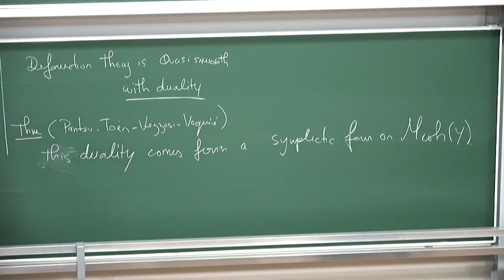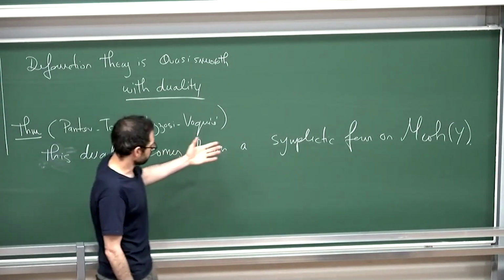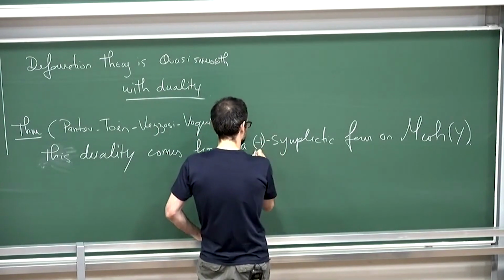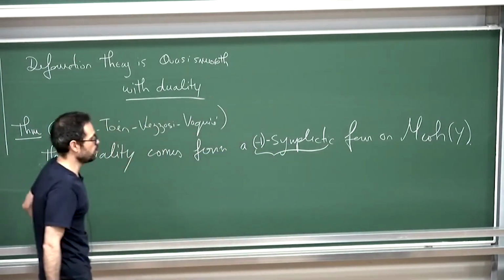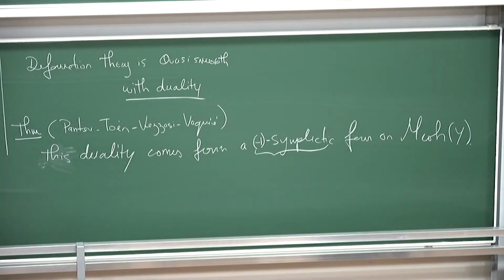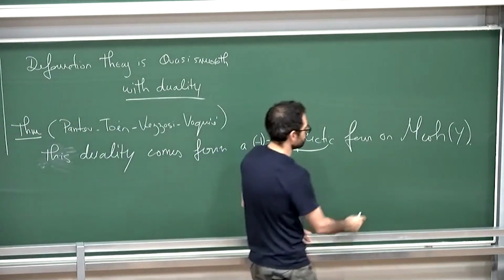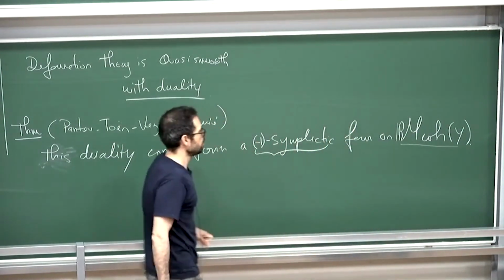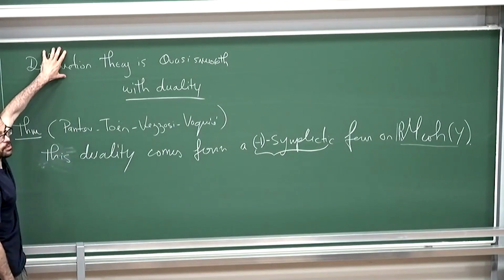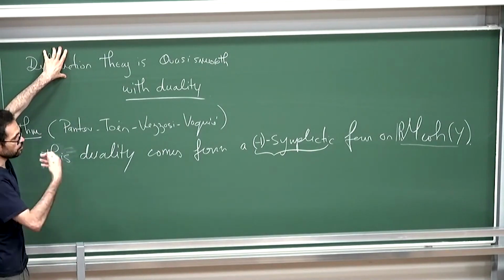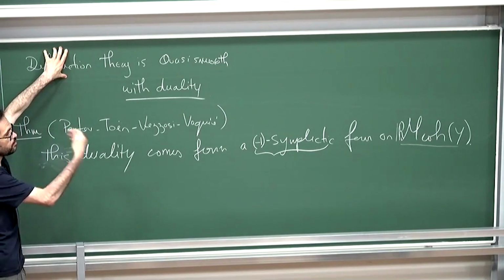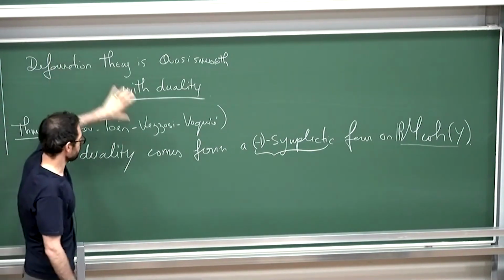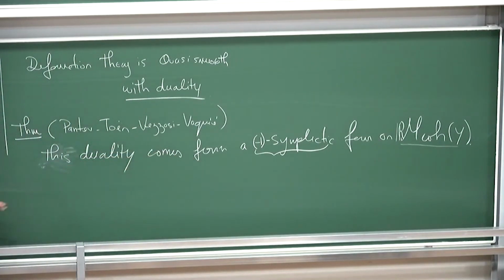I'm lying if I don't say that, in order for this to be actually correct, I have to put a -1 here. And I have to tell you what a -1 symplectic form means. And also, to be honest, I cannot just say that this is a moduli space. I have to consider a derived version of this moduli space, although it's not so relevant the moment you know what the deformation theory is. So if you don't want to think about derived geometry, what you have is a moduli space with a specified deformation complex, and a symplectic form on this deformation complex.